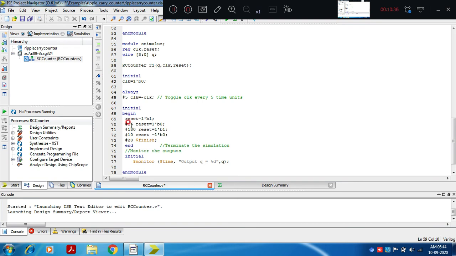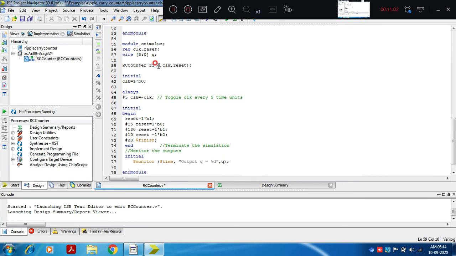At time 15, that is simulation time 0 plus 15 time units, reset value will become 0. At 15 plus 180, that is at 195, reset value remains 0. On every negative edge of the clock, the counter changes its Q value.